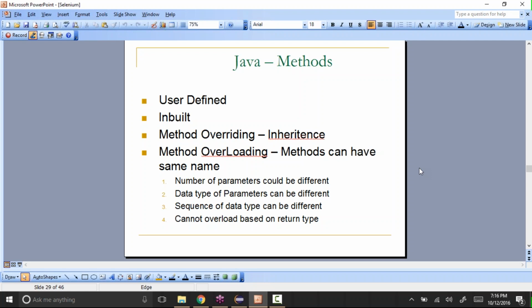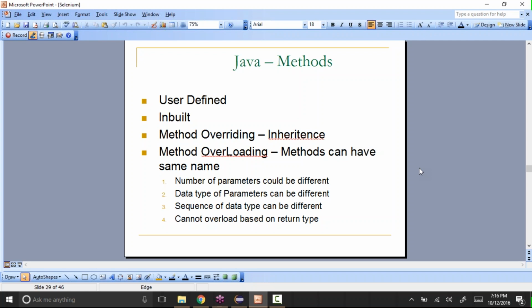And you can have different types of parameters. For example, the first parameter as string and the second parameter as integer. For the next method you can have the first parameter as integer and the second parameter as string. So you can create multiple methods with the same name but with these different types of parameters, and that is what is called method overloading.